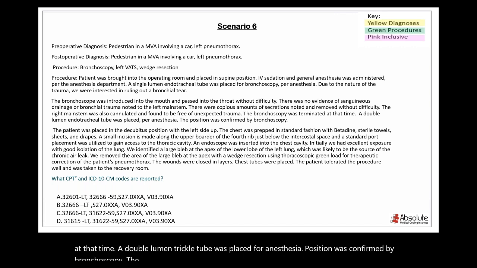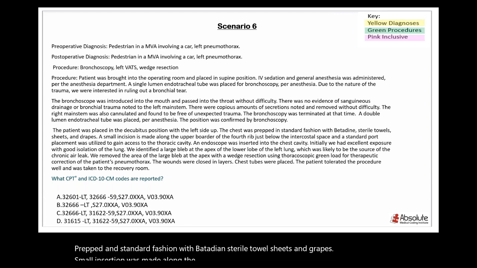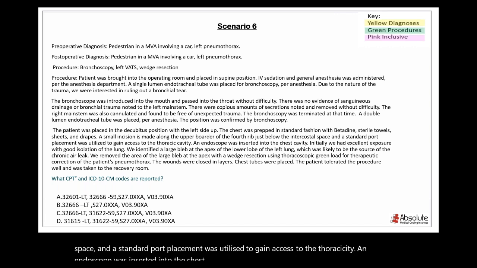The patient was placed in a decubitus position with left side up. The chest was prepped in standard fashion with betadine, sterile towels, sheets, and drapes. A small incision was made along the upper border of the fourth rib just below the intercostal space, and standard port placement was utilized to gain access to the thoracic cavity. An endoscope was inserted into the chest cavity. Initially, we had excellent exposure with good isolation of the lung. We identified a large bleb at the apex of the lower lobe of the left lung, which was likely to be